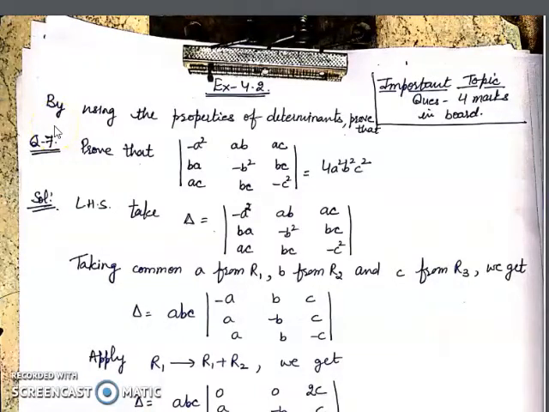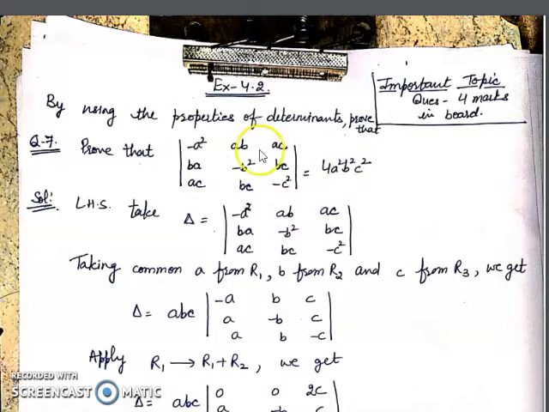Yes. Now students, we start exercise 4.2. I hope all of you are familiar with the properties that we studied yesterday. Now based on the properties, we have to solve exercise 4.2. Here in this exercise, we have to use the properties to prove left hand side is equal to right hand